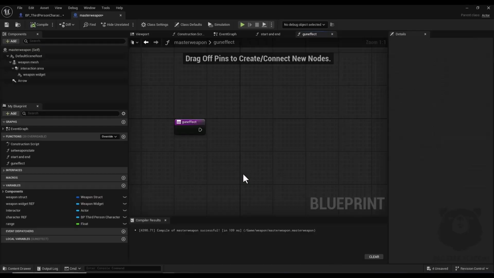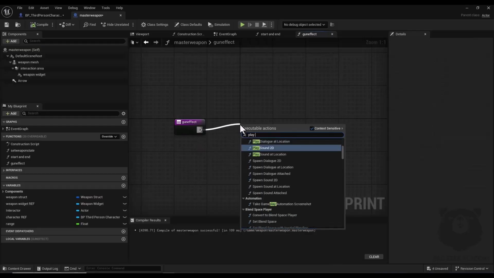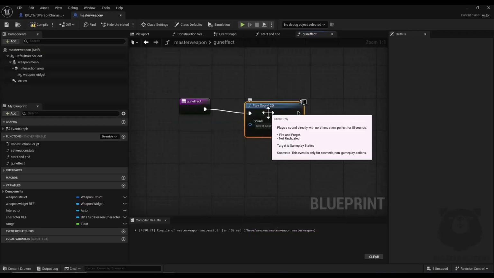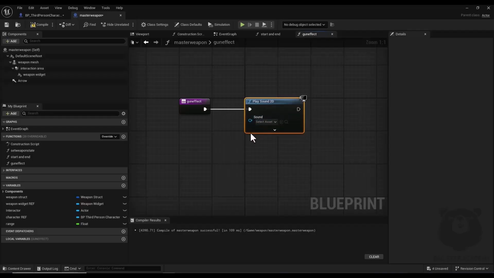Okay, now I drag a node and search for play sound 2D, and here I can apply sound effects to my shooting functionality, and I'm going to promote this input to a